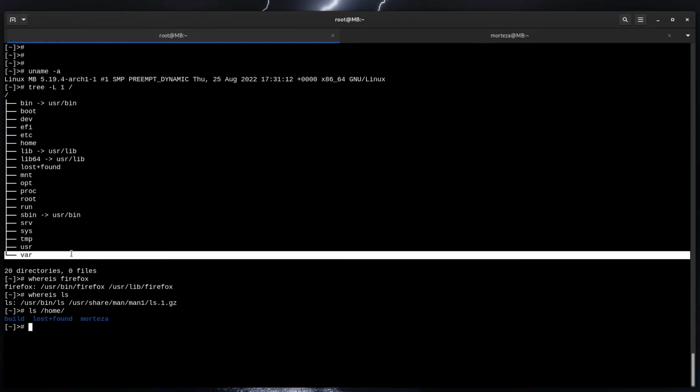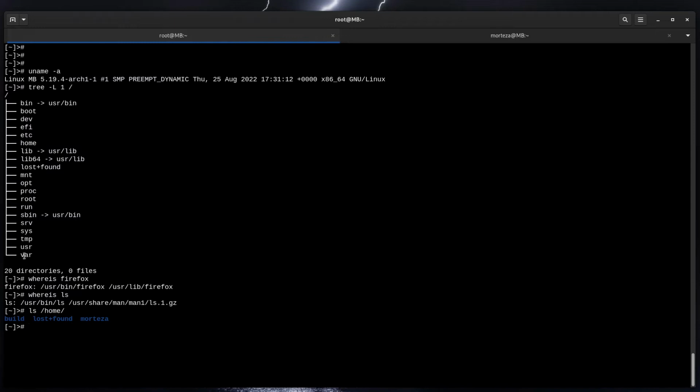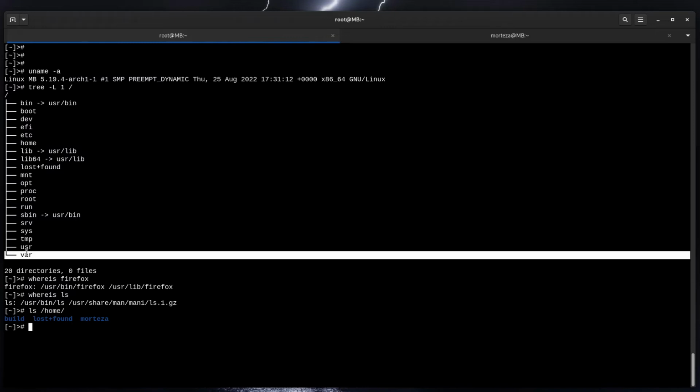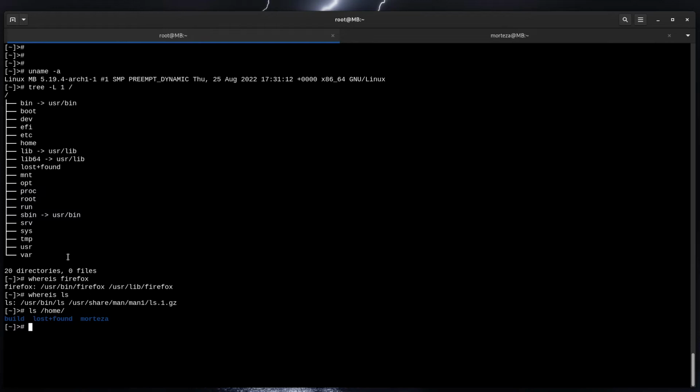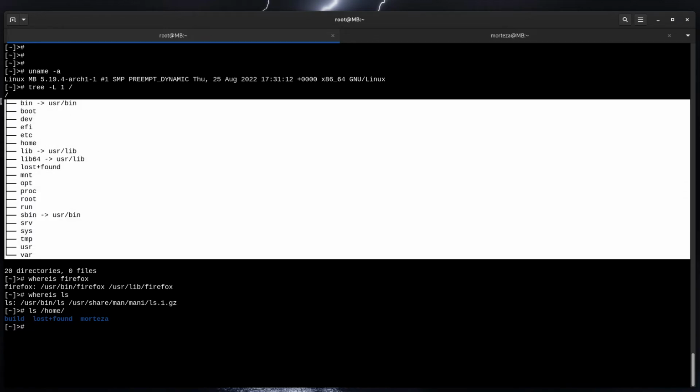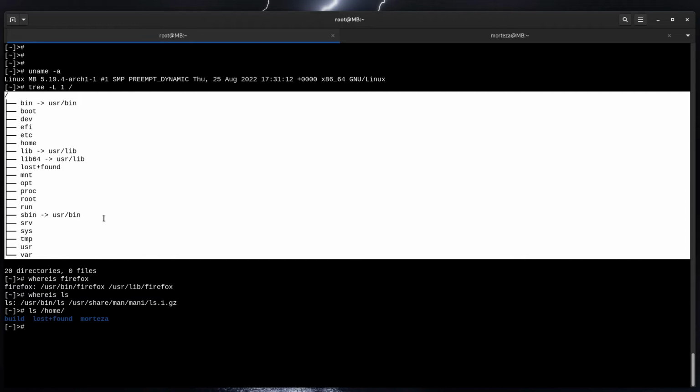For example, the cache directory of your package manager by default is at this directory. And this is /var, one of the most important directories in your operating system. So these are the mindset behind these directories in the operating system. As you saw,